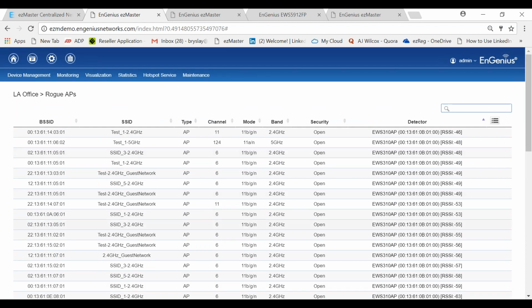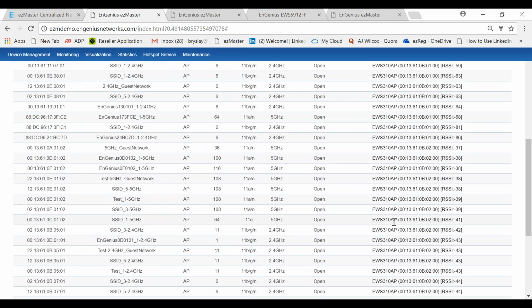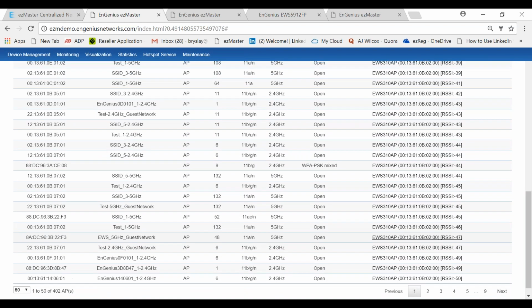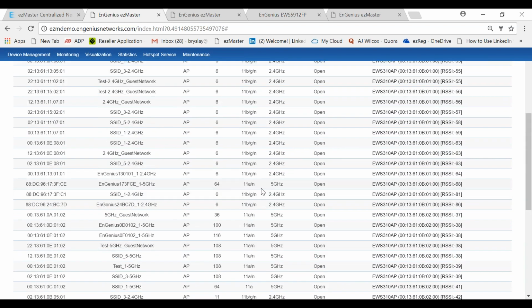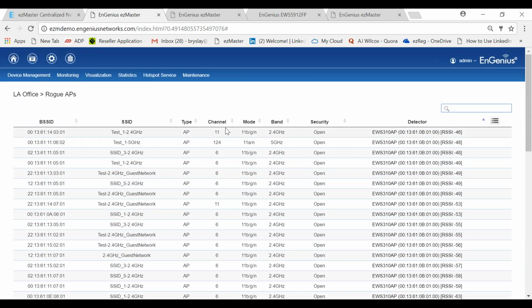It's fairly easy because you're programming the SSIDs, so you have a very good understanding of the SSIDs and the model numbers on the network. So you can quickly understand these are all my devices. This is definitely a rogue AP, and I can actually go and kick those devices off.